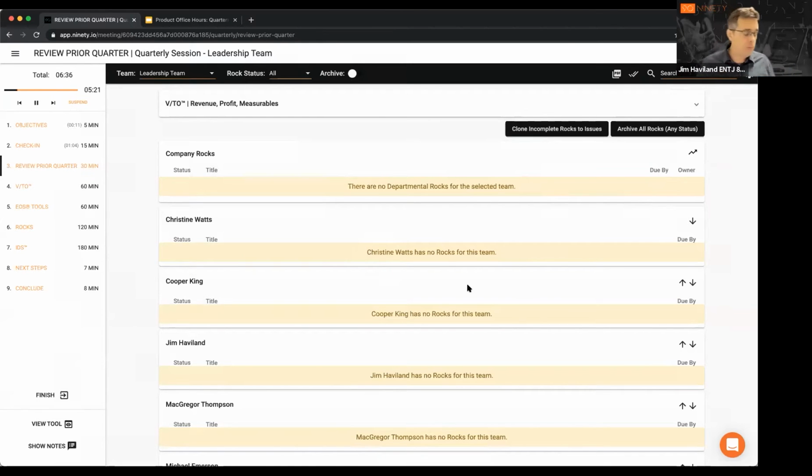So we move people from quarterlies to monthlies quite often that are running EOS. It's like, we can't really predict 90 days out, so let's just get good at figuring out what to do this month. Same thing with your rocks. Let's be smart about this, but I want to start the quarter, when I get to rock setting, with a fresh slate. What are the most important things when I look at this next 90 days that I have to get done? Definitely.